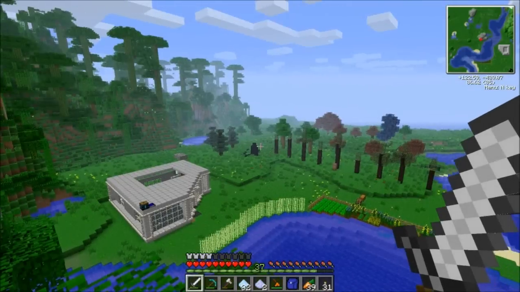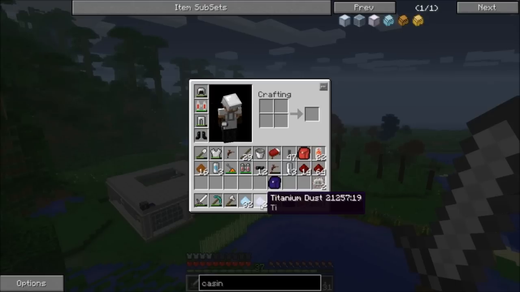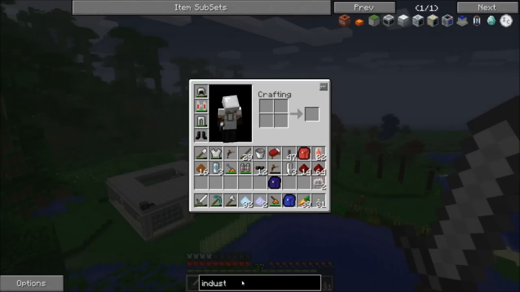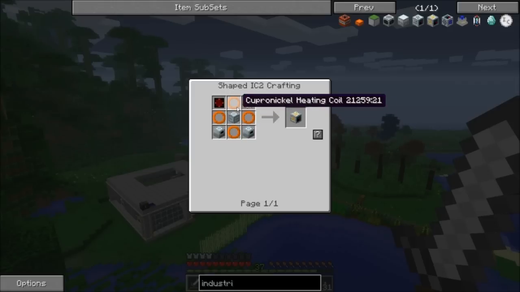That's what I'm thinking. So let me walk you through a couple of things. Titanium dust, right? I got that. And then I remembered, oh, I have to make a blast furnace. Well, that's not a huge deal. I'll just make an industrial blast furnace. So look into an industrial blast furnace and, well, it's expensive. I don't even know how to make this, but I need two